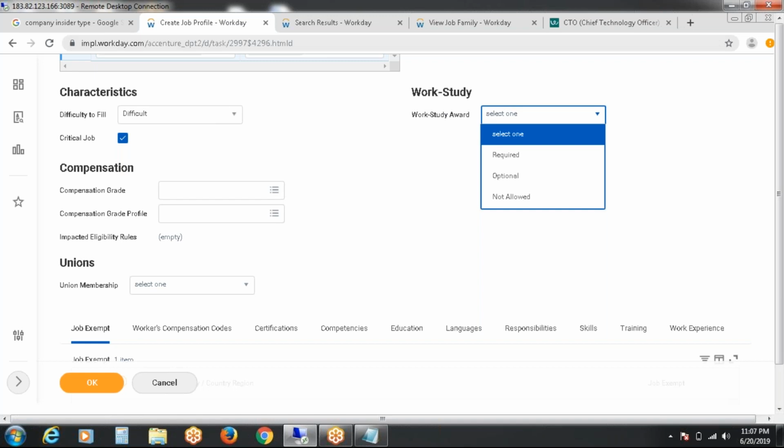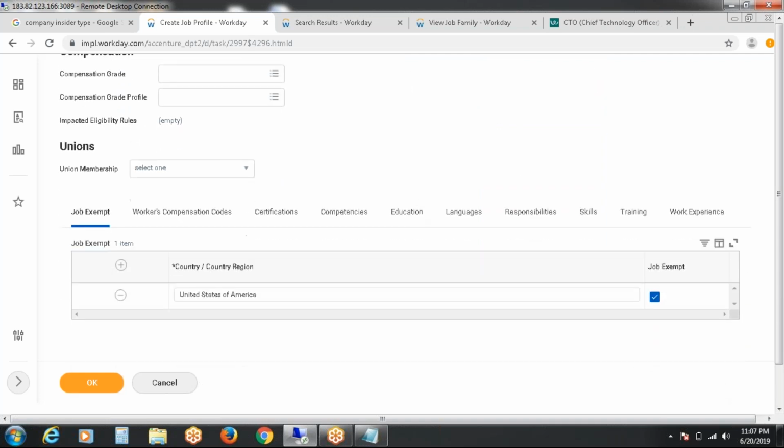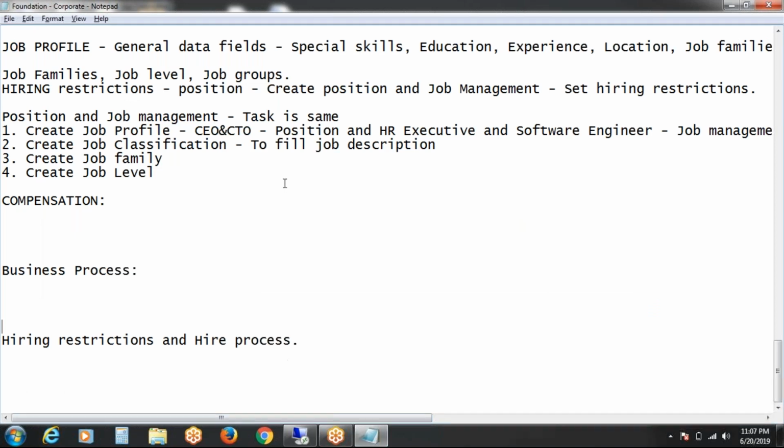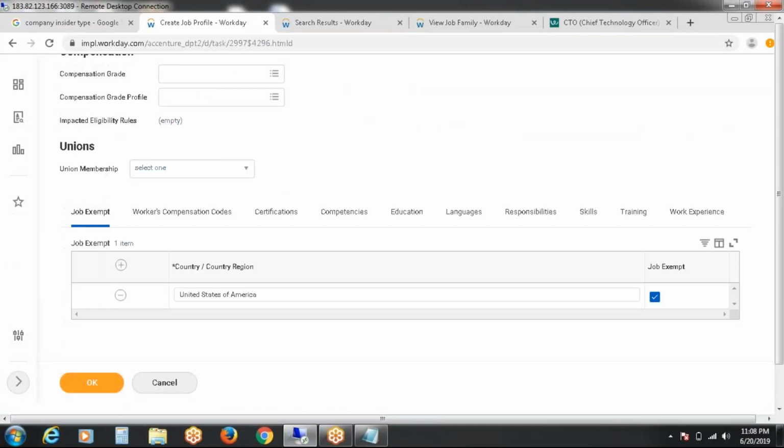Some people work along with their higher studies also, and that time we can mention this process. Here there are some tabs: job exempt, worker compensation code, certifications, competencies, education, languages. As I told you, to create the job profile, these are the general data fields which we need to fill, in an optional manner.